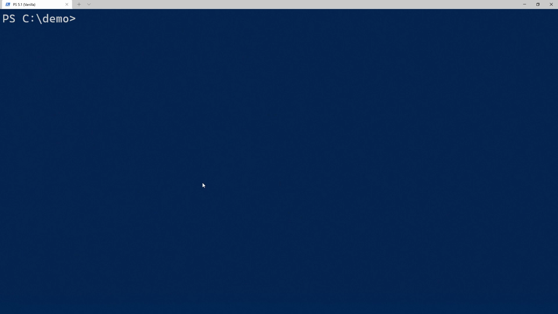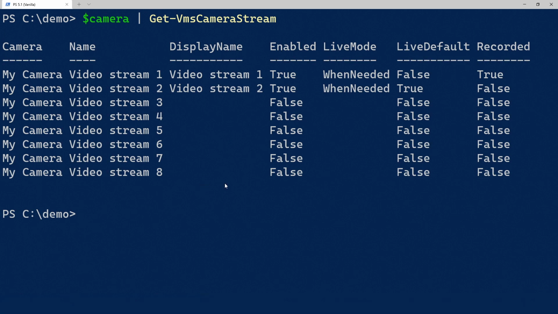All right, so that's the general settings. Let's take a look at streams. This is where these commandlets are really helpful. So Get VMS camera stream. I'm not going to supply any parameters. We'll get a list of all of the streams that are available for that camera and some information about how the stream is used. So we can see that video stream 1 on,